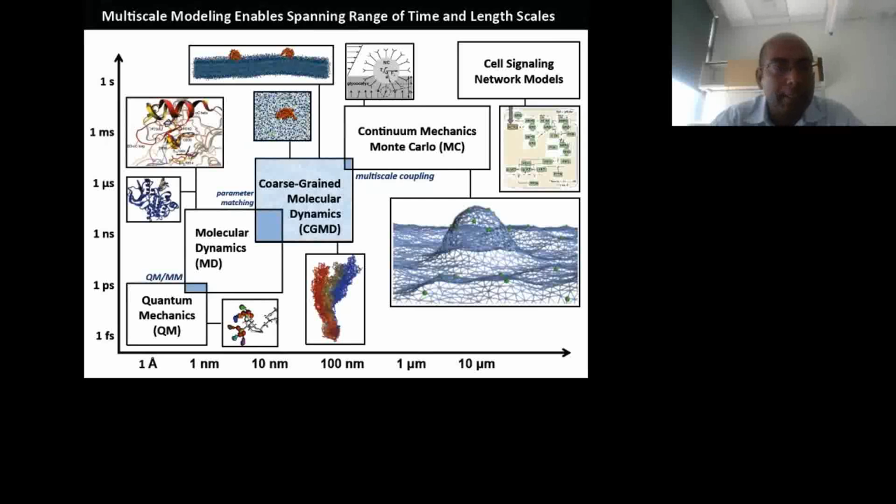And I'm sure this type of a slide is not new to this audience, but I just wanted to focus on particularly the kind of bridging that we are involved in currently. In particular, how do you actually relate molecular scale predictions to coarse grain models, and how do you actually relate coarse grain predictions to continuum models? And hopefully I'll give you some examples of how we've been able to do that